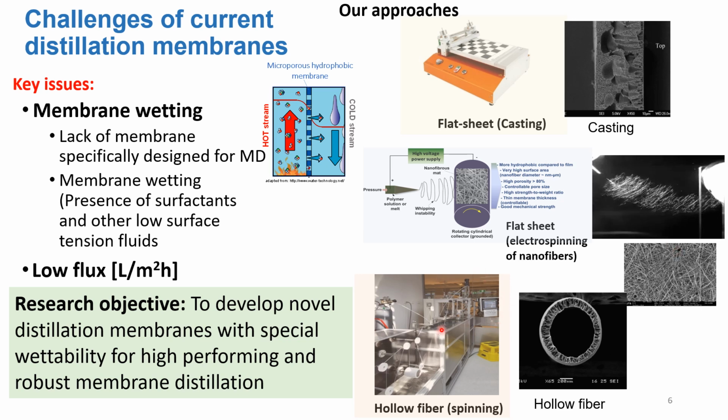The last approach is based on hollow fiber spinning. In industry, most of the membranes are based on hollow fiber because they are very highly dense. You can pack them densely in a module, and so it looks like this. You have a hollow part wherein the feed water or the permeate water can pass through, and the other part is where you have the other side of the membrane as well, and you can control the various pore sizes based on the needs of your process. These are the three main approaches we are conducting in the lab, but I will focus my discussion today on electrospinning.